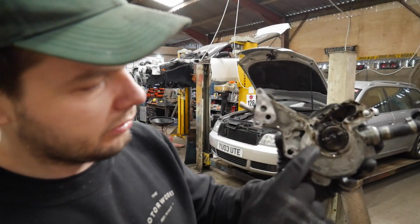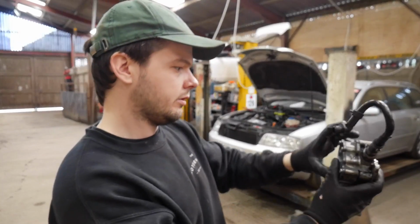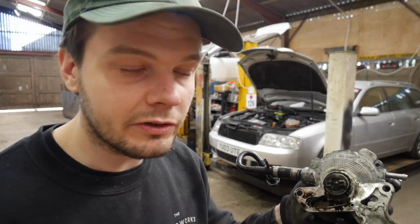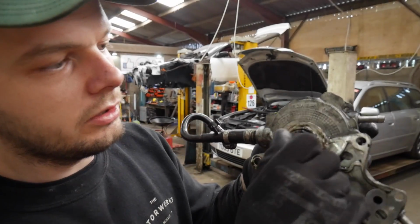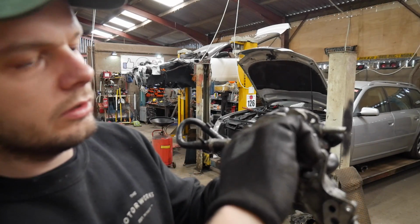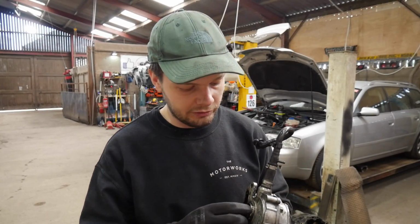Bit of a pain in the arse, but if you're interested in how this works, that there goes on the end of the camshaft and it just pumps. So the reason that I took it off wasn't just to look at it, it was because I noticed something else which has